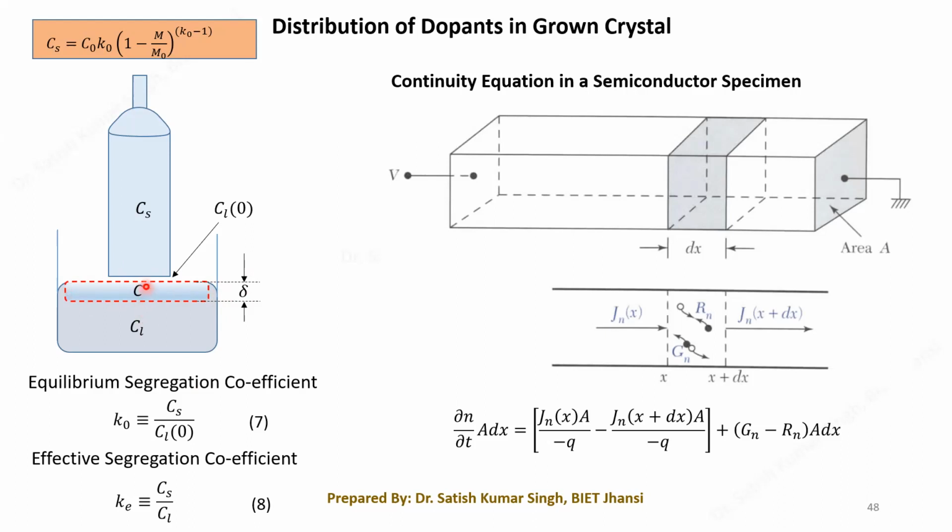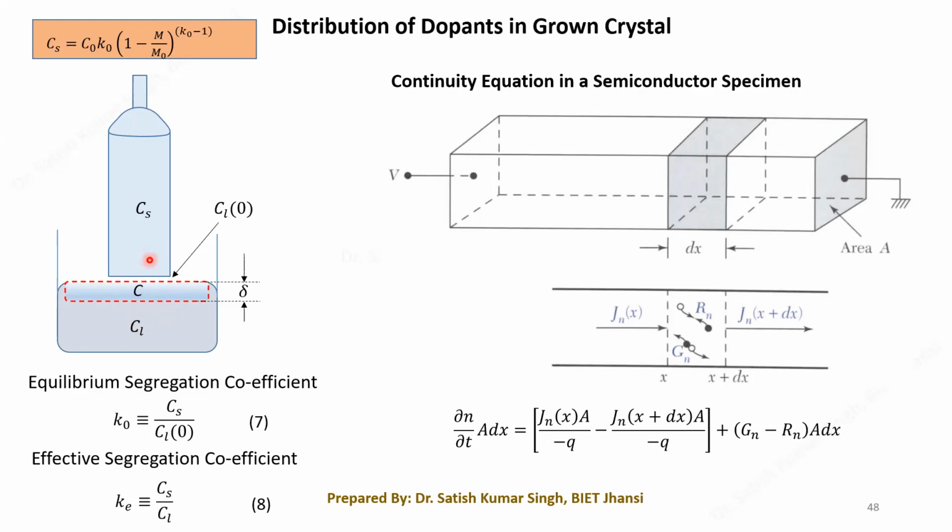So what we are interested in here is the net increase in the concentration of our dopant. Okay, is there any net increase of the concentration within this particular volume? That we are interested in. Okay, a similar equation we can write, as we have written for our semiconductor piece. So again we have to write the mass transfer equations, and we can calculate whether there is any net increase of the concentration of your dopant within this stagnant layer, because there will be a net inflow and then there will be a net outflow